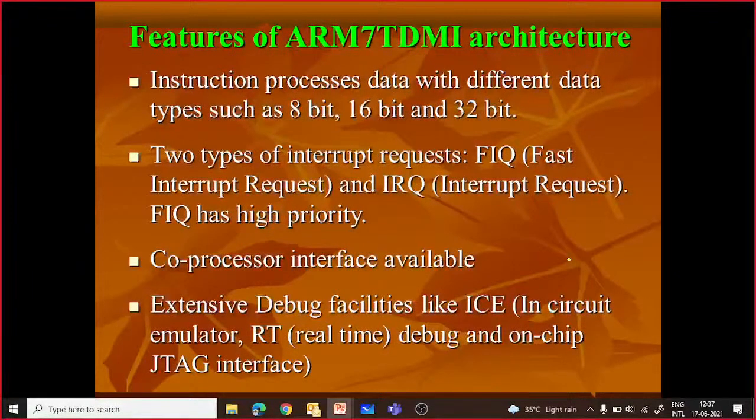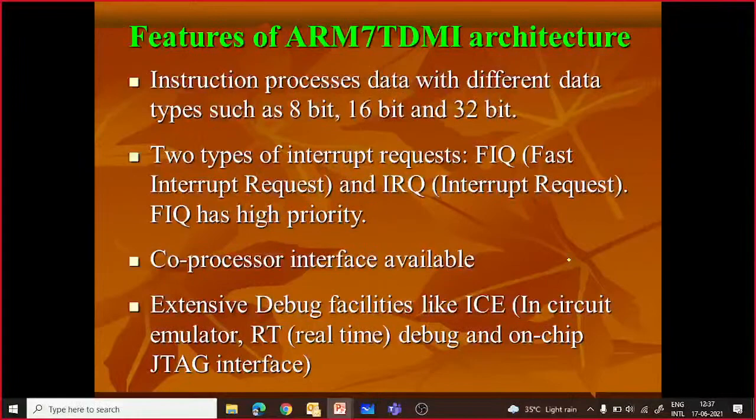Then extensive debug facilities like ICE, that is in-circuit emulator, real-time debug and an on-chip JTAG interface are given in the ARM processor. When a friend was asking that you require an 89AS52, you have to remove it from the microcontroller board and then insert it into a programmer, then you have to program it there, and then again insert it into the PCB.